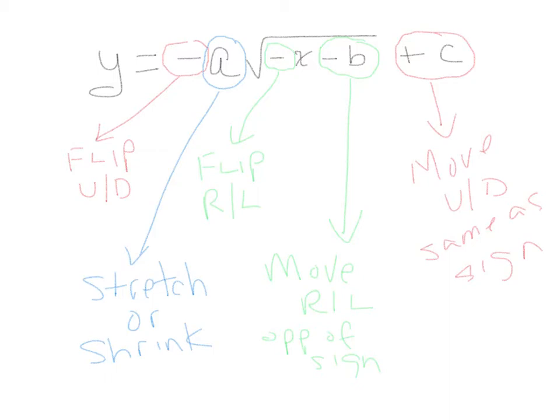The minus b, remember that when it's underneath the function, when it's underneath the radical sign, it's opposite direction, and we're moving right or left. When it's outside the function, not underneath the radical, we will move it up and down, and it's the same direction as the sign. So you can revert back to this if you forget which way you need to move. Let's look at the next screen,